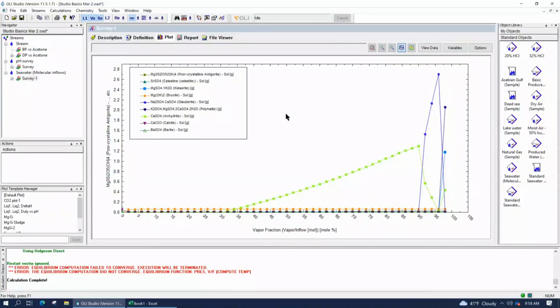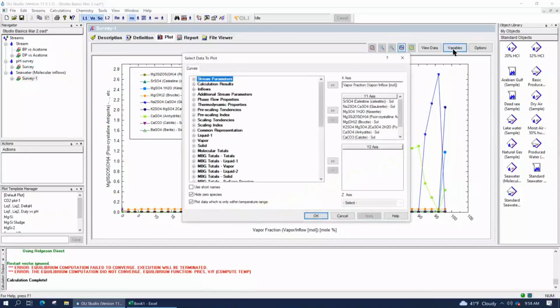What we're going to do now is actually look to see what evaporated. So I want you to click on variables. I want to remove everything from the Y1 axis. The best way of doing that is to click on the header to highlight everything and then use the double arrows to remove it. Then go to the vapor section. You see there's a vapor section here?